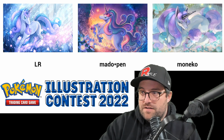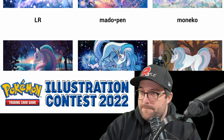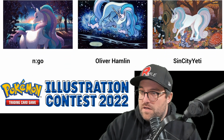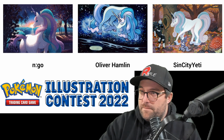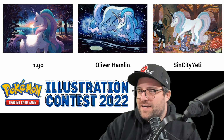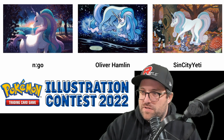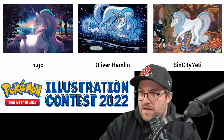Left hand side, looking majestic. I don't know, we got like flower petals. We got all kinds of fairy stuff going on. Left side here, we got a horse butt. Middle one, and a sunset. I like the background there, it's pretty amazing. I could do without the horse's butt being right in my face, but